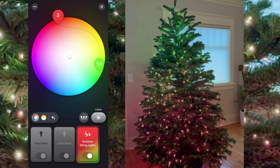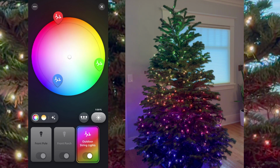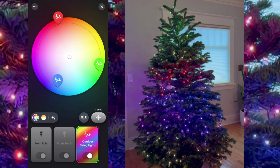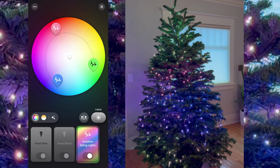The next thing you can do is make mirrored colors, and this means it will reflect like a mirror from the middle out. And then the next one you can do is linear coloring, and this means it will go from one color at the top down to a different color at the bottom. Now, how you rearrange the colored lines will show that little gray line between them, and that is the range in which it will go between colors. I don't know if I'm explaining that cleanly, but basically the colors you see on the tree are following that